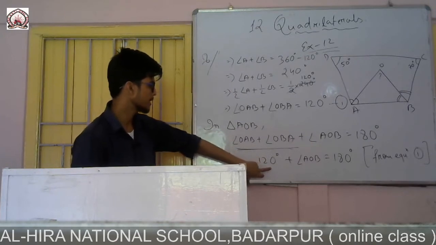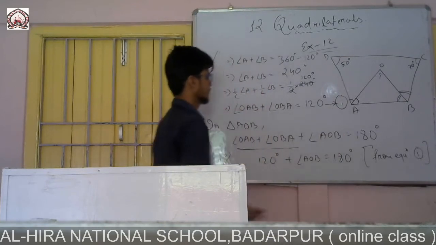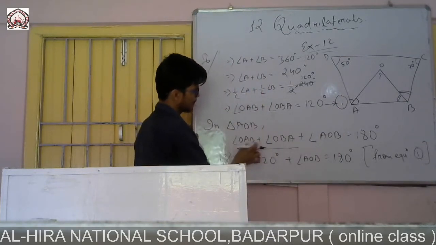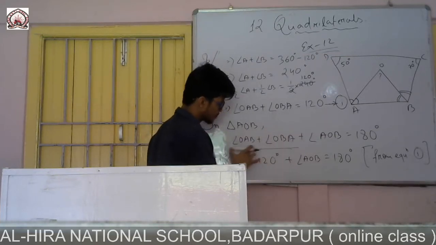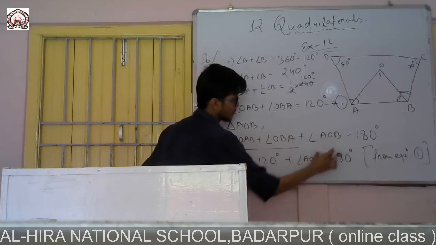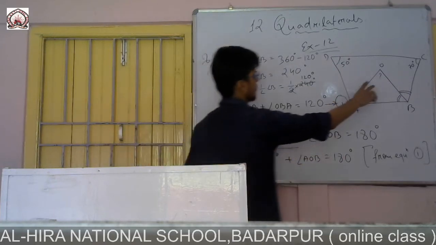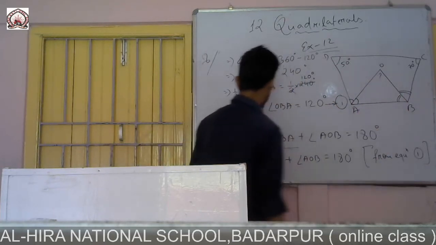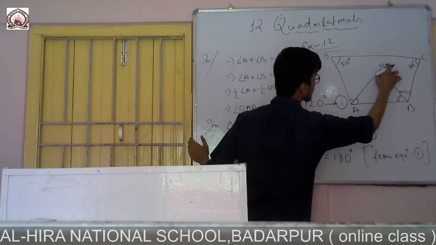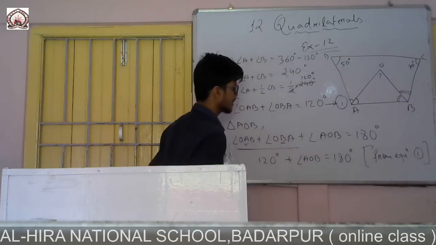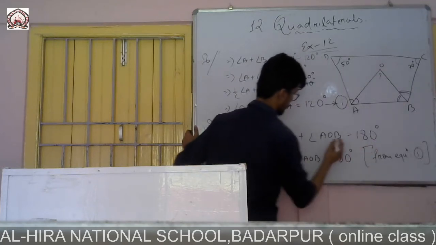From where have we taken this value 120 degrees? From equation number 1. This is equation 1. OAB plus OBA equals 120 degrees. I wrote 120 degrees in place of these two. Only this one is left, so I wrote it the same. Angle AOB is equal to 120 degrees. Again I am saying, you listen. This is a triangle AOB. Angle OAB, that means angle A, plus angle OBA, that means angle B, and the third angle is angle O, which is AOB. So angle O is also there.